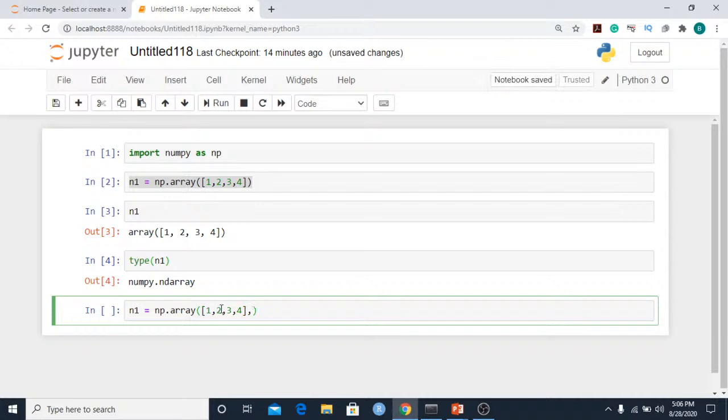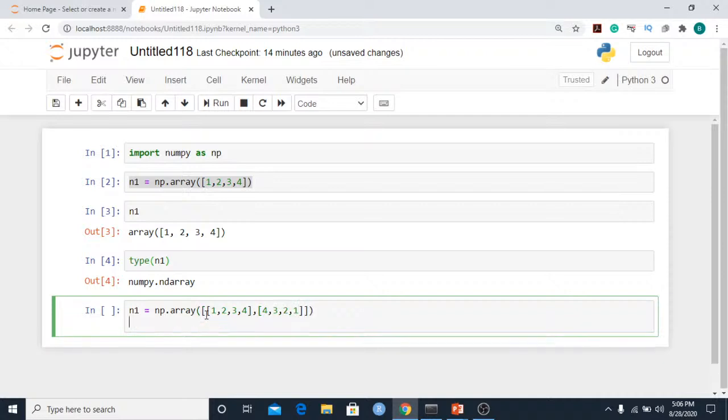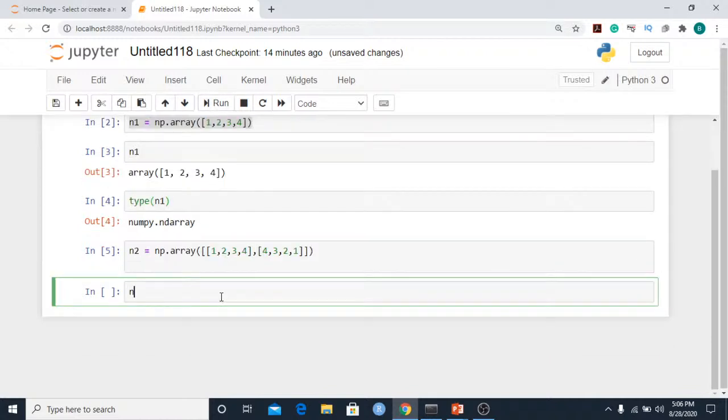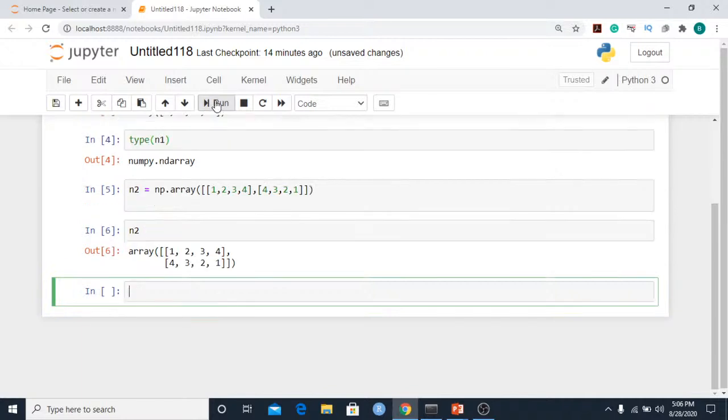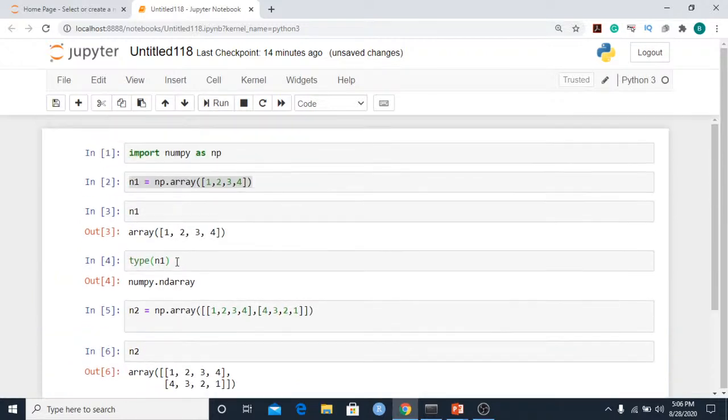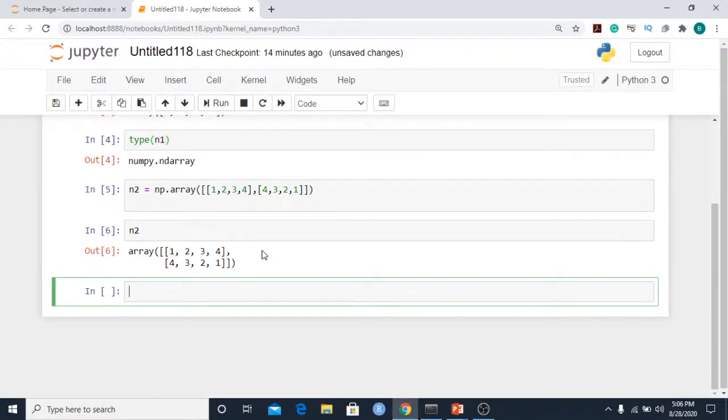So here, what I'll do is, I'll just cut this entire thing. I will paste it over here. I'll have another list. Maybe inside this, I'll have 4, 3, 2, and 1. I'll rename this to n2. And now if I print out n2 over here, you would see that I have created a two-dimensional